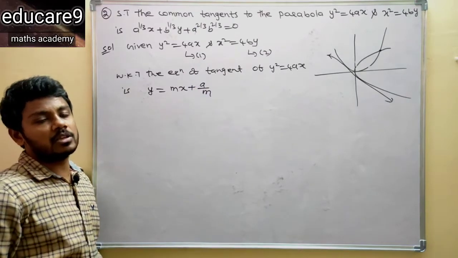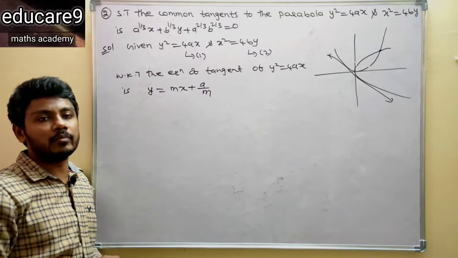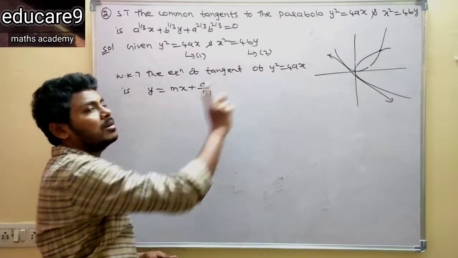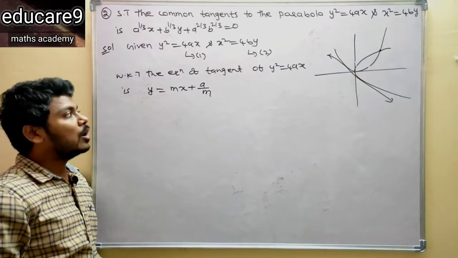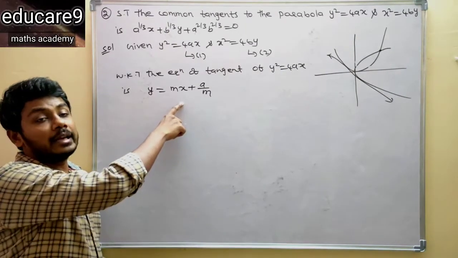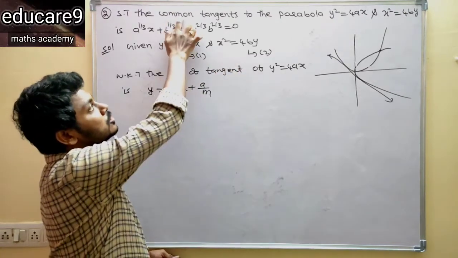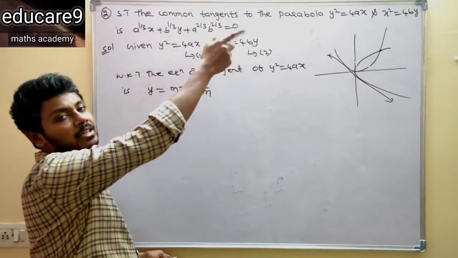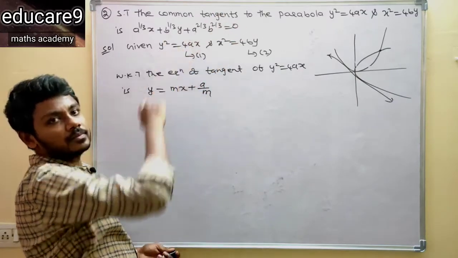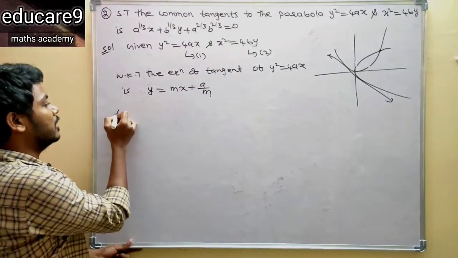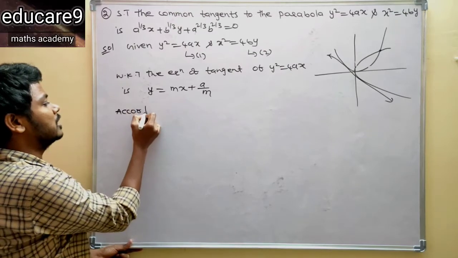So this is the equation of tangent having the slope m to the parabola y square equal to 4ax. Now this is the tangent of equation 2 also, so that common tangent of both the curves is this one. So clearly, according to given condition,